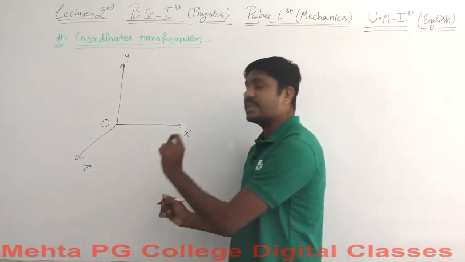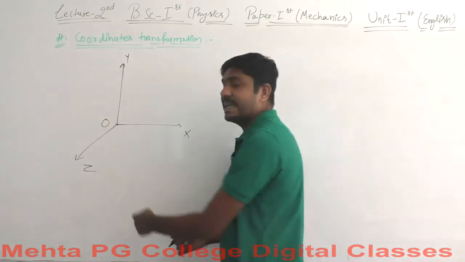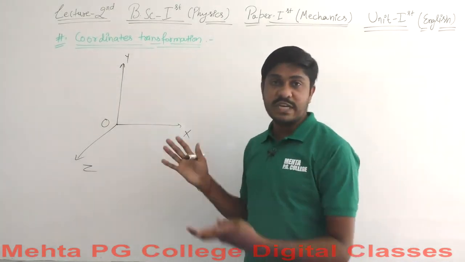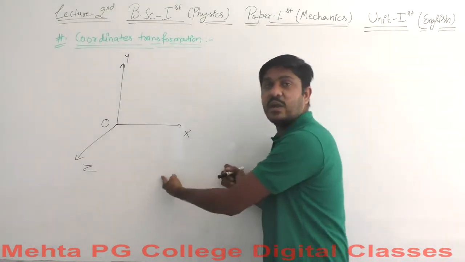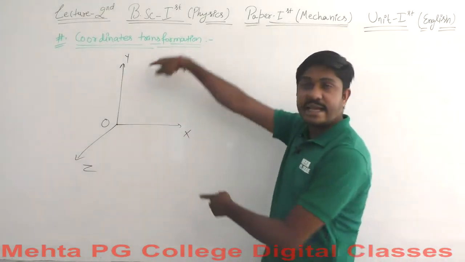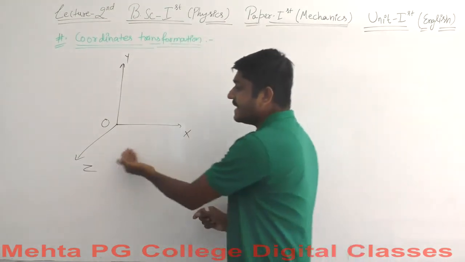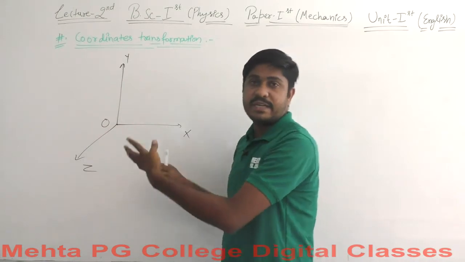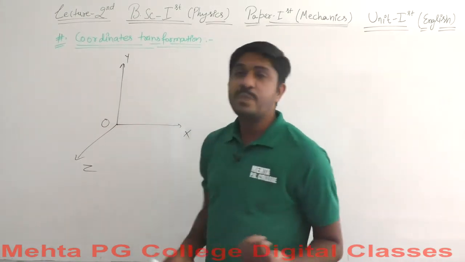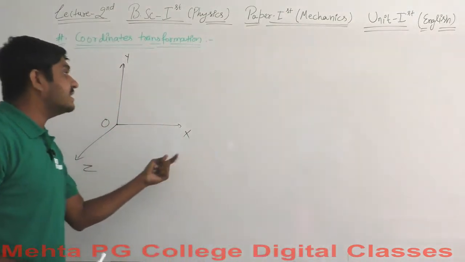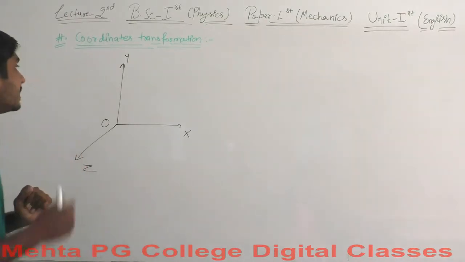Yes, we have three coordinate axes here: the x-axis, the y-axis and the z-axis. All these three axes are perpendicular to each other. Here you see the x-axis is along the length of the board, the y-axis is along the width of the board, and the z-axis is perpendicular to them, pointing up towards you. So all these axes come together and form a coordinate representation.